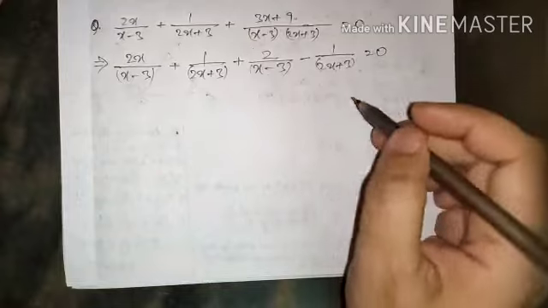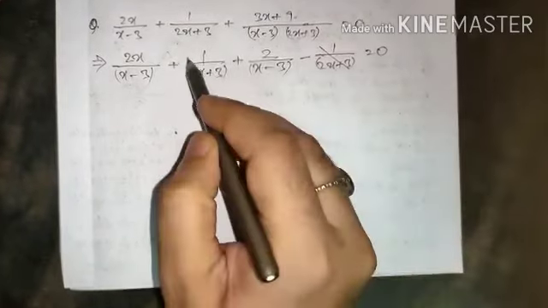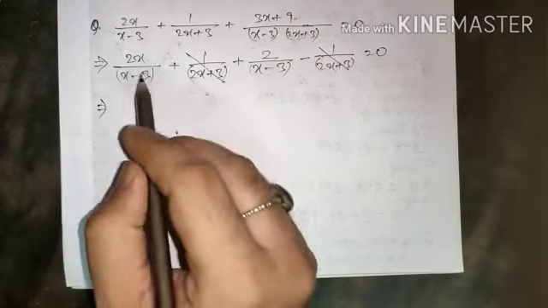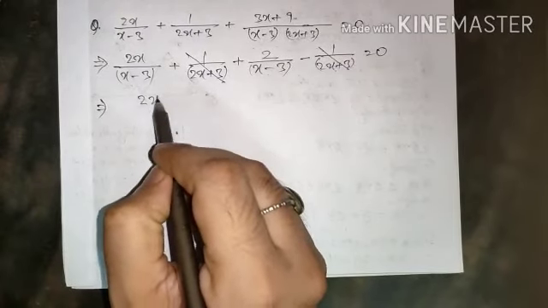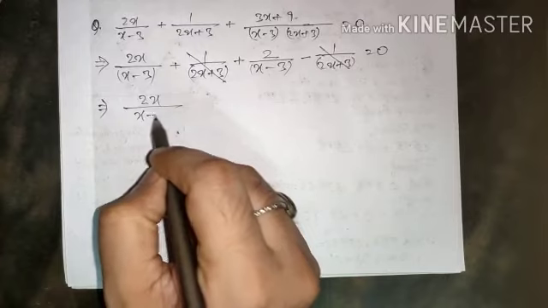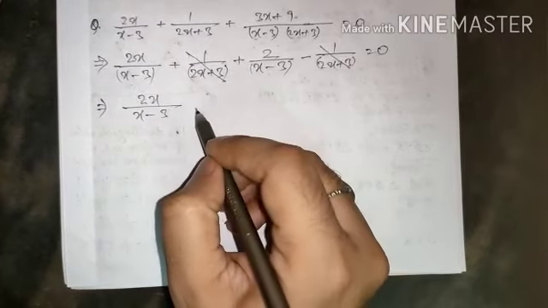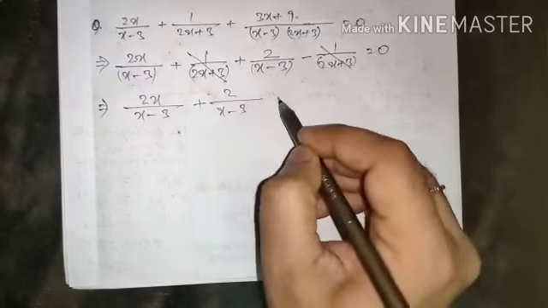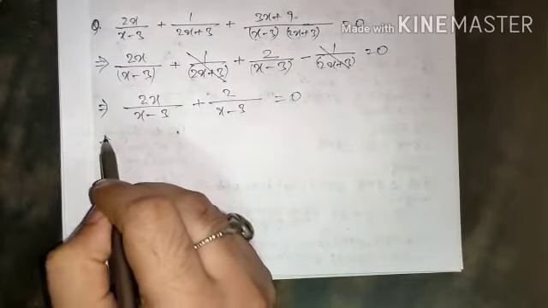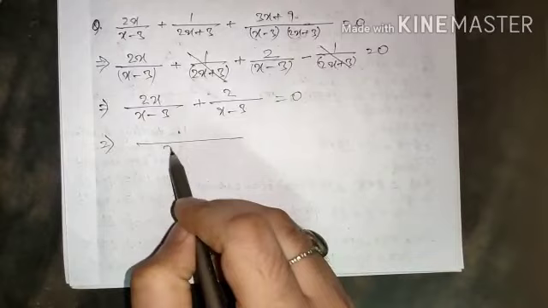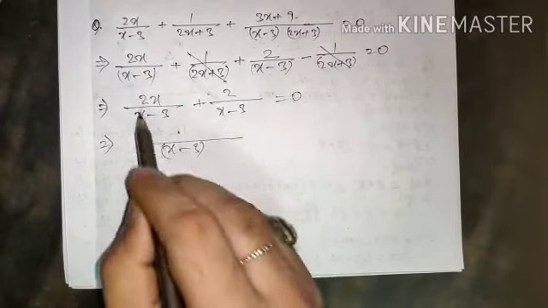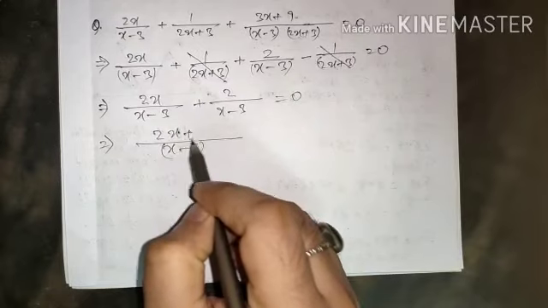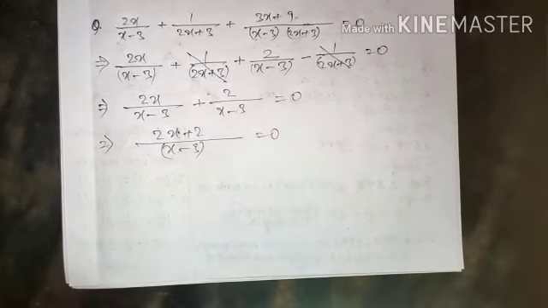Now see how we can solve this. These two terms are going to be cancelled with each other, because they are the same thing, and then we'll do it like this. I'm writing the steps now for you so that you can understand it very well. 2 divided by x minus 3 is equal to 0. Now the LCM will be x minus 3 and x minus 1. This is going to be added now: 2x plus 2 is equal to 0.